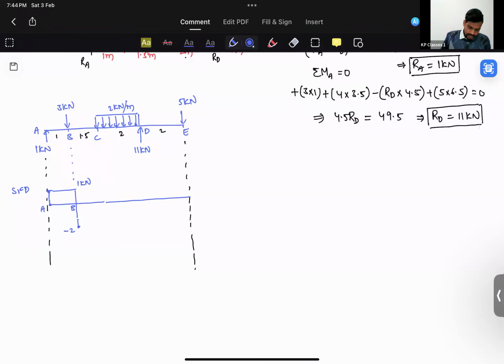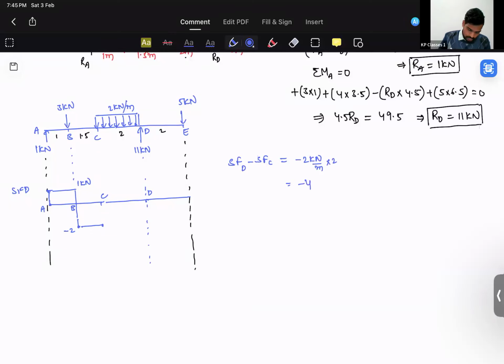Then you have no loading till point C again, so that's going to be a straight line between point B and point C. Then from point C till point D, let me mark it as C and point D. Between C and D, you can use this simple calculation. The final shear force at point D will be the area under the loading diagram: shear force at D minus shear force at point C equals the area under the loading diagram, which is minus 2 kilonewton per meter into 2,